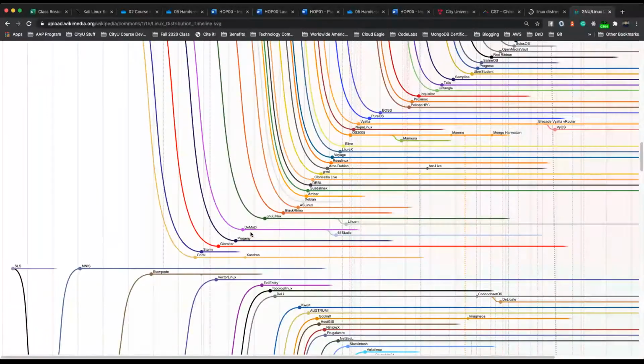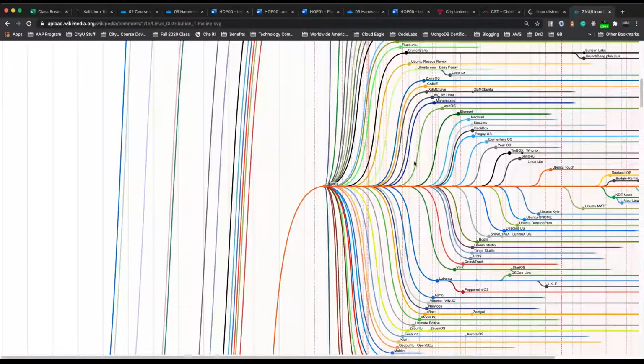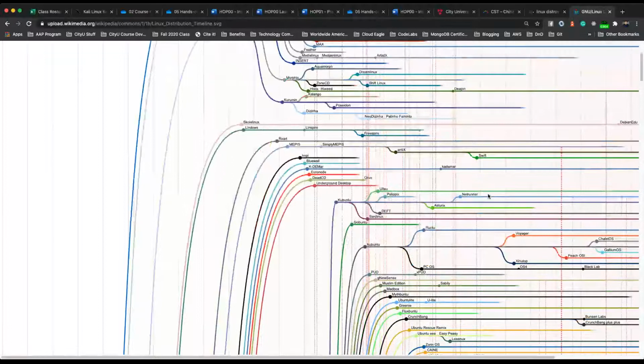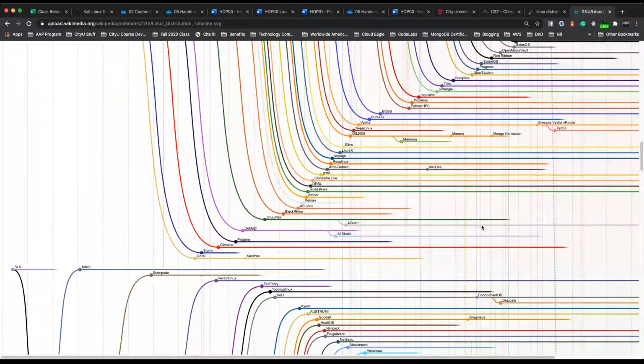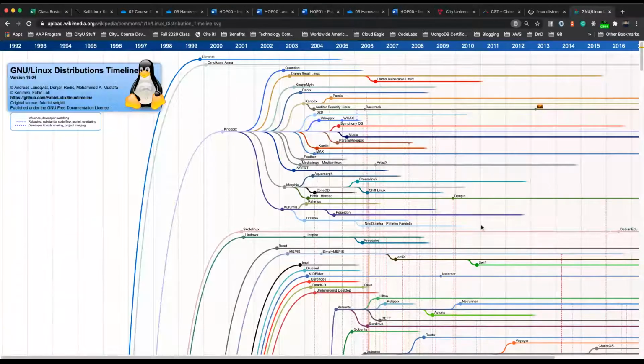So if you can see Debian here, let's see. One of the popular ones, as you can see in this graph, I hope everyone is seeing this properly. Let me know if not. Like Ubuntu. Ubuntu is a very popular Debian-based Linux operating system, right? Let's go up. Let's go down. Let's see if we can find Kali Linux here. Yep, as you can see